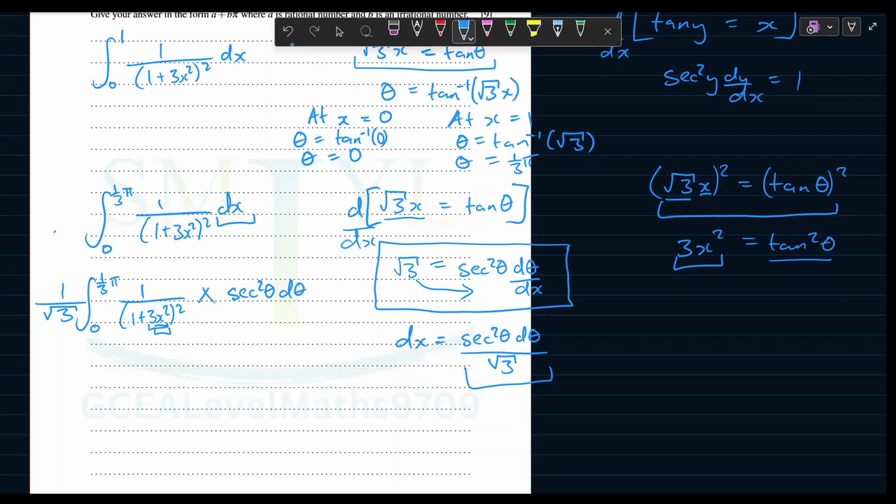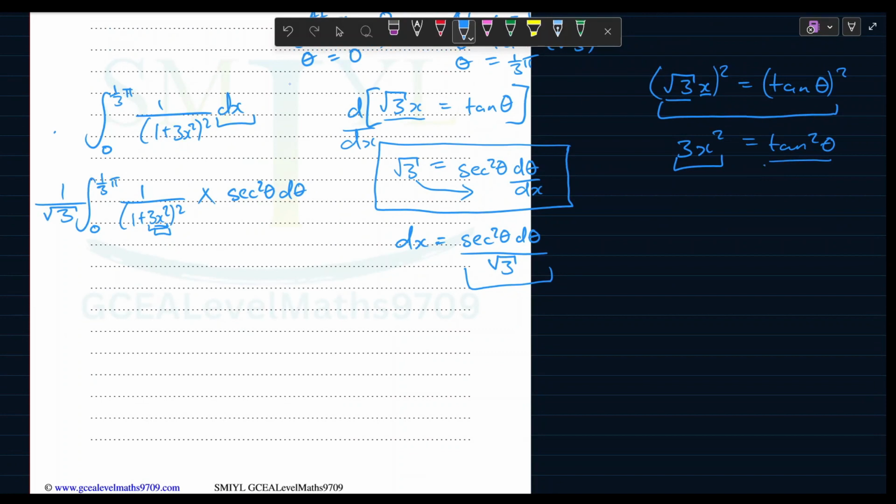So you can come here and remove the 3x squared theta, replace it with tan squared theta. So it's 1 over root 3, the integral from 0 to a third pi, and this is 1 over 1. We're replacing our 3x squared with tan squared theta. So it's 1 plus tan squared theta, and this is squared times our sec squared theta d theta. And since here we've got sec squared theta in our numerator, we could also rewrite tan squared theta